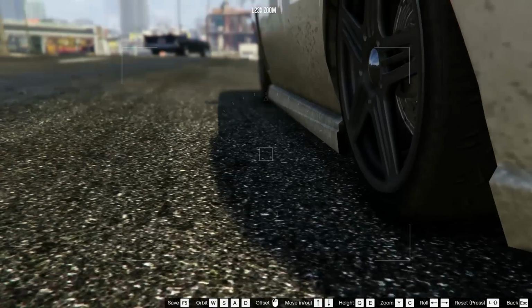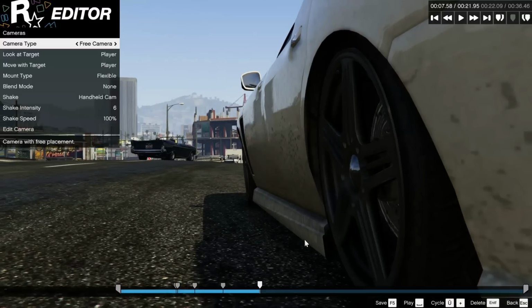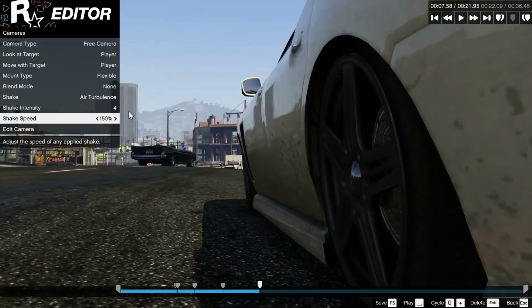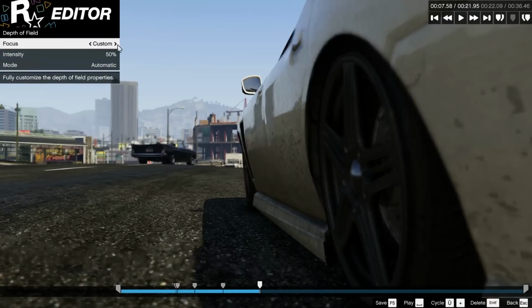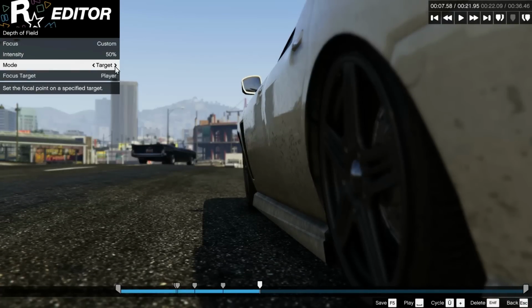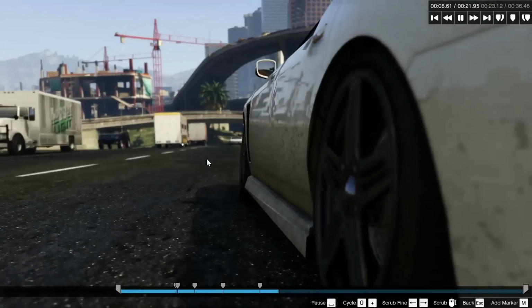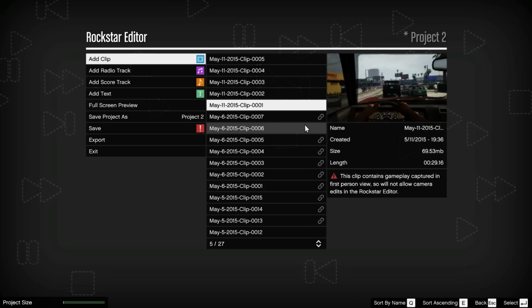And here is the last creative perspective for you. Lock the camera to your character and place it down near one of the rear or front wheels. Then you increase the field of view by zooming out a little bit. Instant action movie shit right here. The new first person view makes it even easier to create a POV style camera.